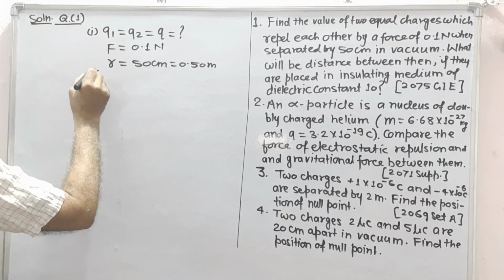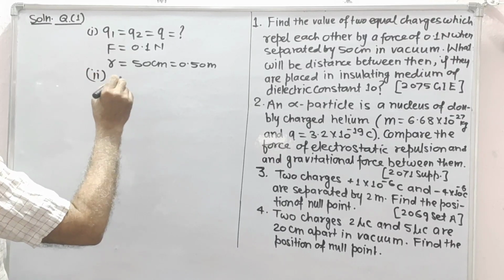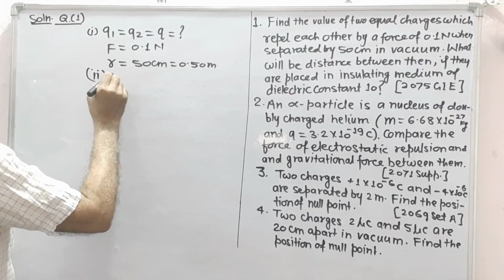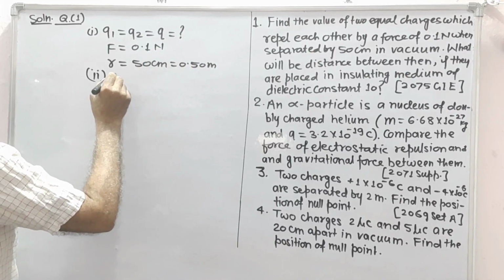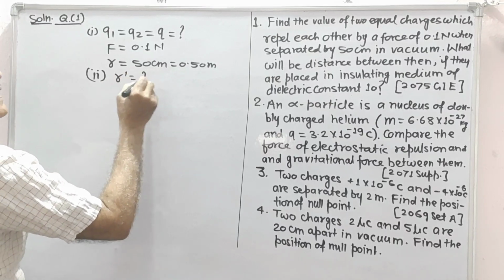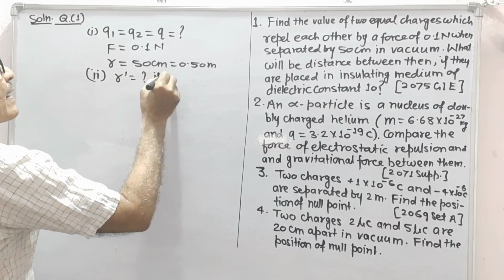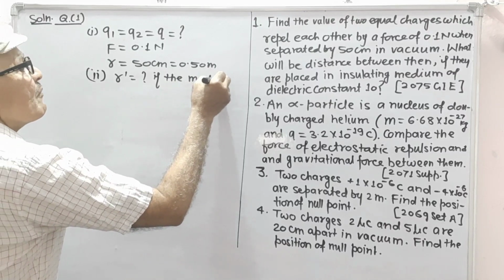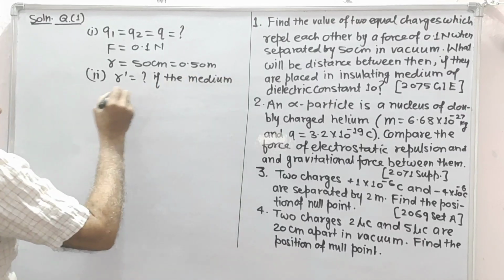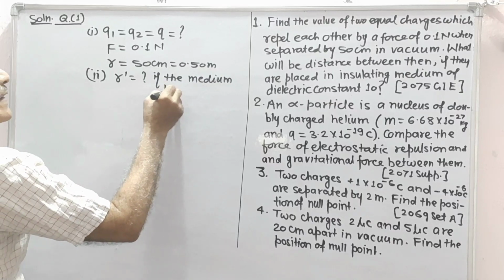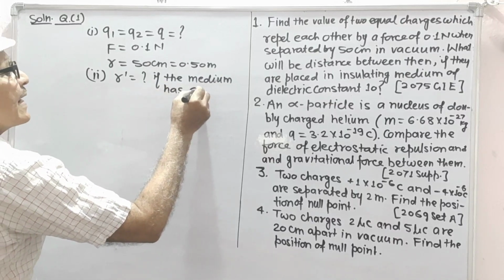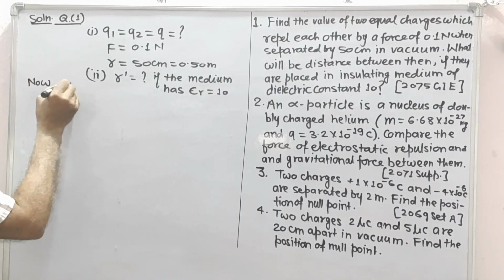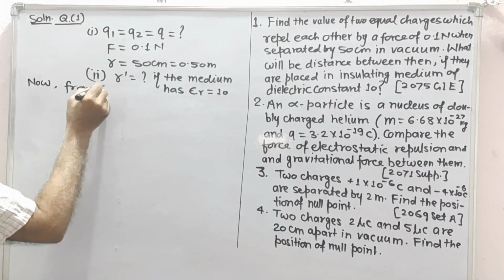In second part, r dash will be what, if the medium between two charges has dielectric constant 10. Now from Coulomb's law,